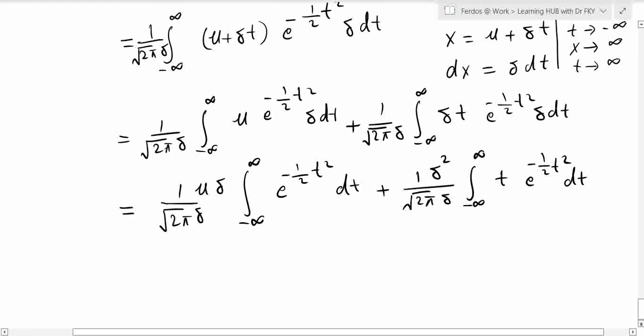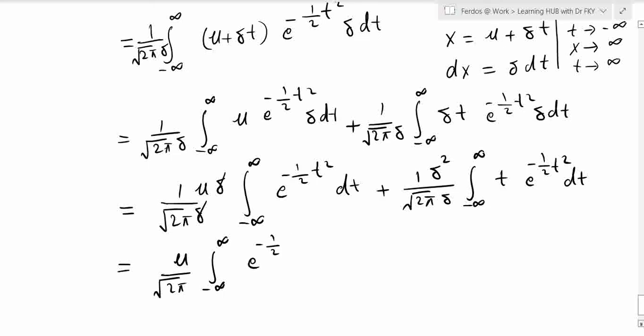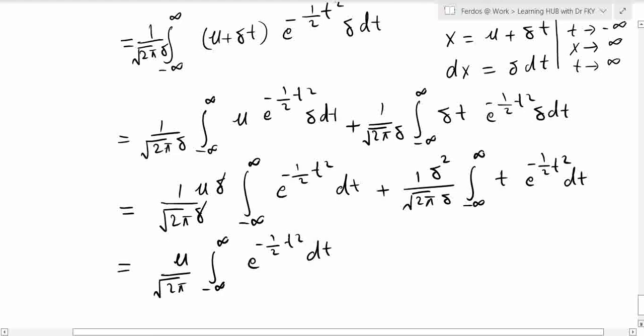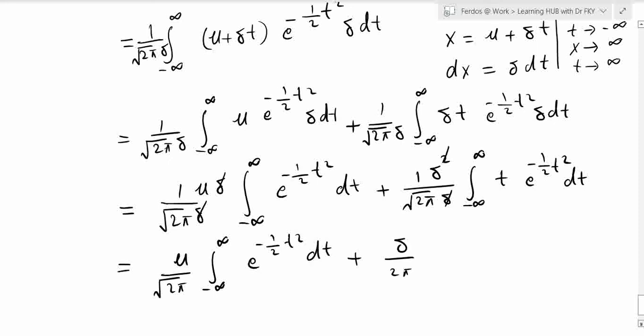Now you can cut this with this, so this is equal to mu divided by 2 pi, minus infinity to infinity e power minus 1 divided by 2 t square dt, plus now you can cut one sigma with this one, so this is equal to sigma divided by 2 pi, minus infinity to infinity t e power minus 1 divided by 2 t square dt. Okay, now